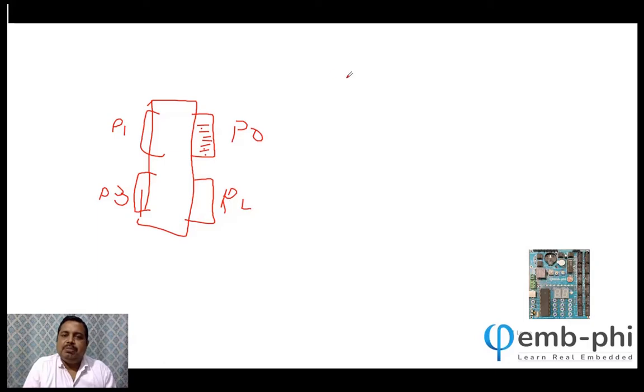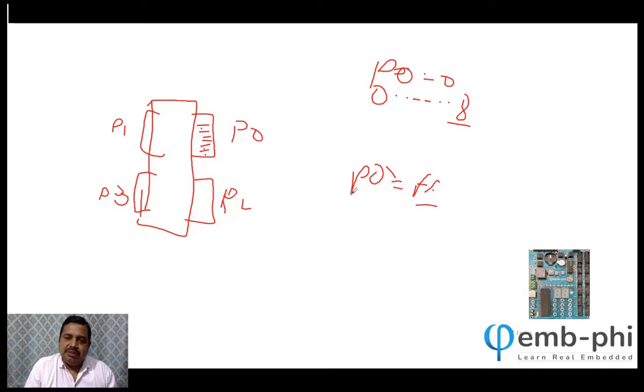Any one port we can make toggle. What does the question say? Count from 0, then 1 2 3 4 5 6 7 8. Once it reaches 8, we detect that it became 8, and then we can change the port. Consider port 0: we can make it high. So this is the first time we are introducing you to the port. Let's see how it goes. Port is the medium through which the microcontroller can give input and output. We will see this, don't worry.